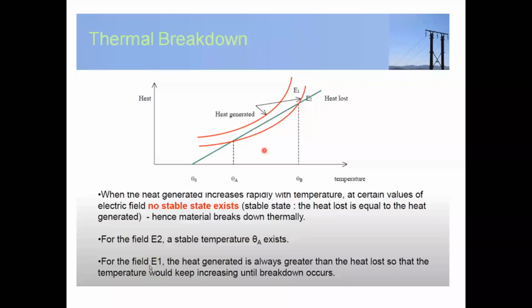Then only the solid type dielectric material is safe. Otherwise, there is a breakdown observed across the solid type dielectric material. So this is the concept. Try to understand: here below, the heat generation is less than the heat loss. That's why the solid type dielectric material becomes safe. There is no breakdown taking place in this region.